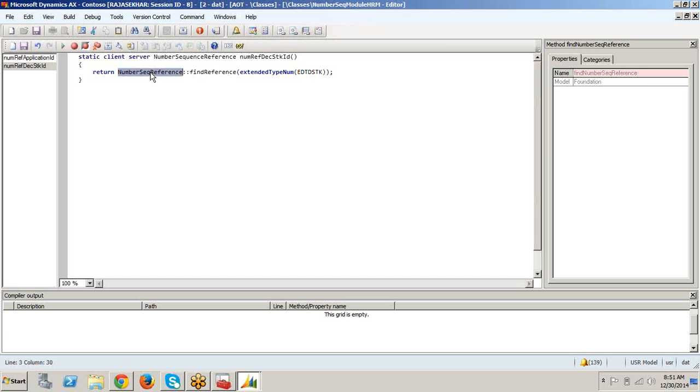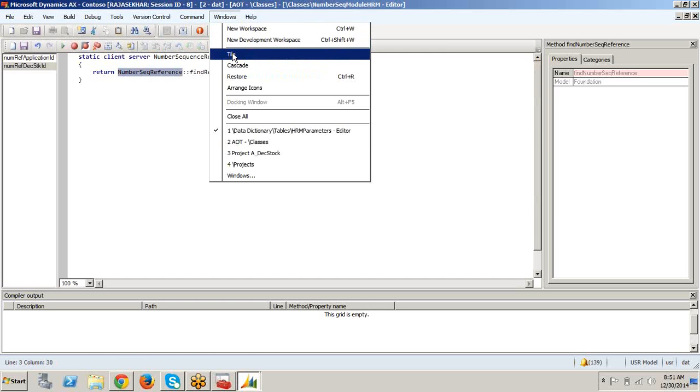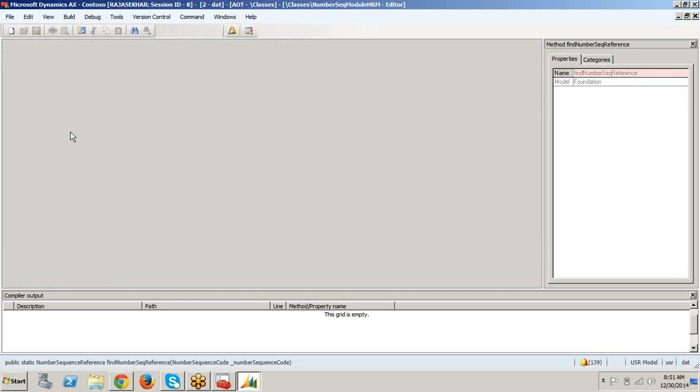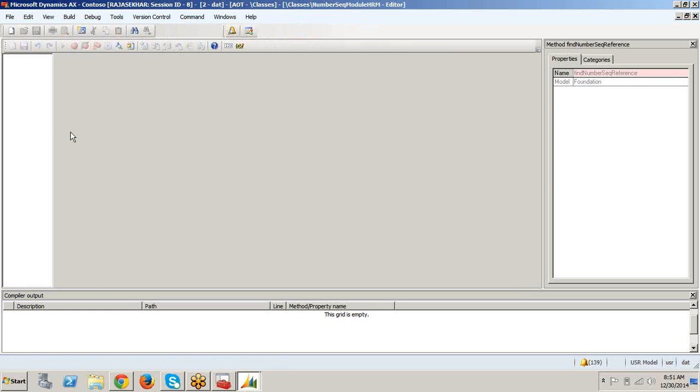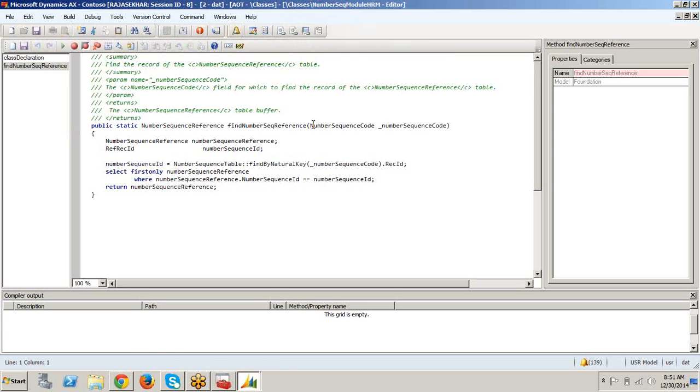Number sequence reference and find number sequence reference. This is a method. So this is taking number sequence code, that is our extended data type. Okay, and it is executing a code extended data type with the existing number, and it will increment automatically.